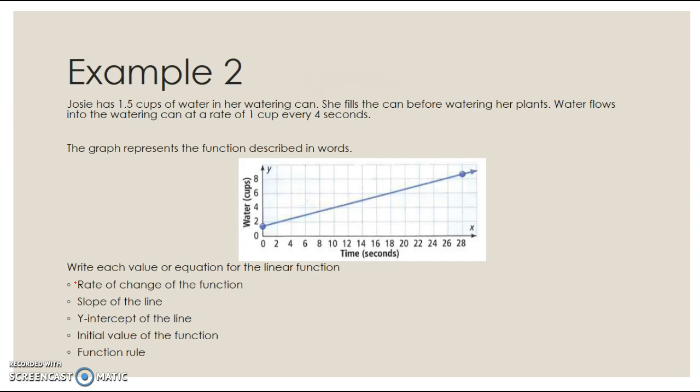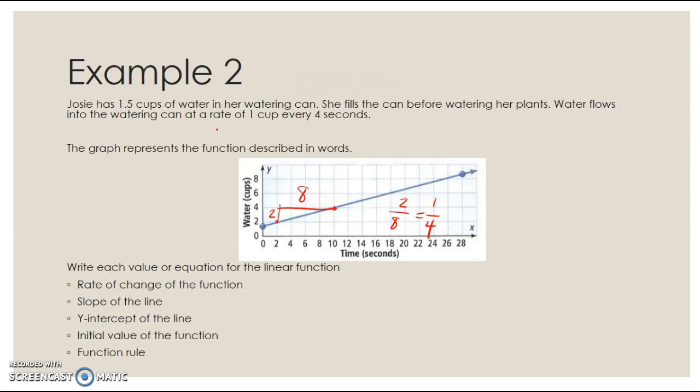So these are the 5 things we're going to look for. We want to find the rate of change, and I can do that in 2 places. I can do that from my graph. I'm going to pick 2 points that cross at whole numbers. They're counting by 2, so I went up 2 and I went over 2, 4, 6, 8. And so my rise would be 2, my run would be 8,